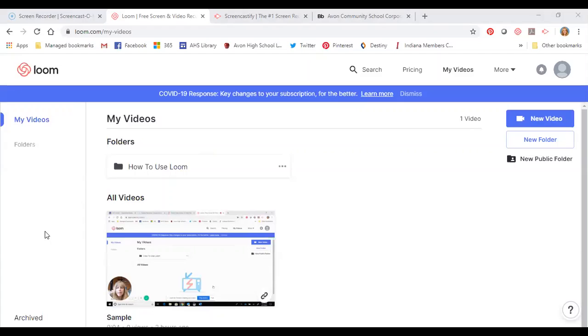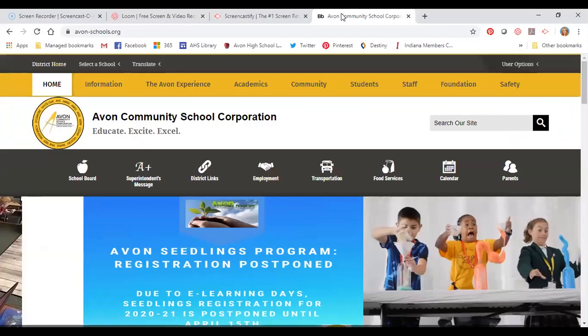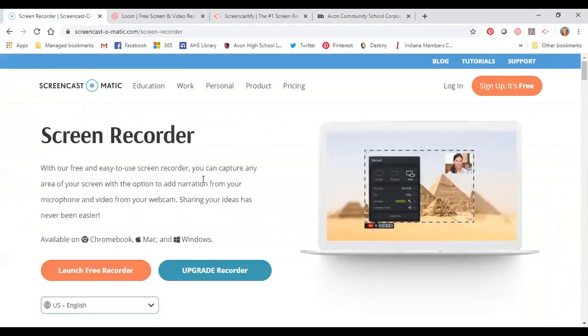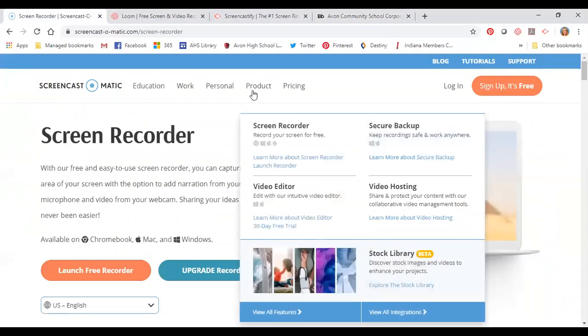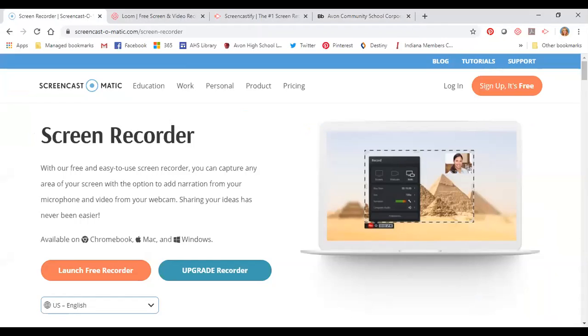And that's all I do is push that and it records whatever's on the screen. So I apologize that it's not showing what it should be showing through here. That might be something with Zoom not being able to see everything at one time. But I know that you can see when I switch my screens, so just know that whatever I'm recording is on there, okay? Okay. So then with Screencast-O-Matic,